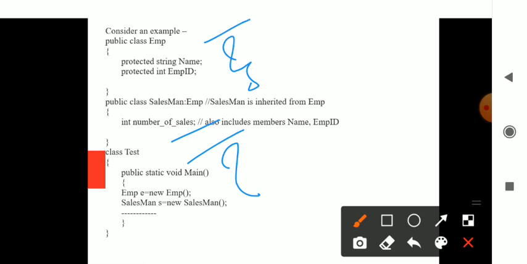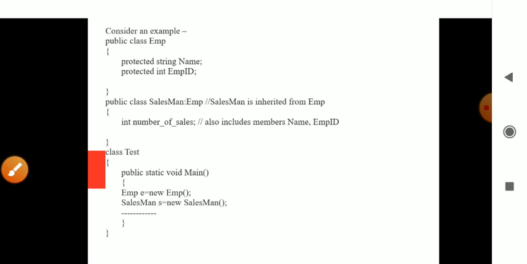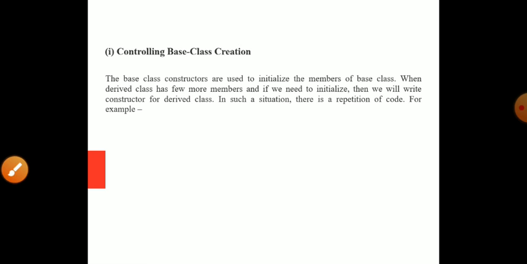In the main method you create an object for the employee, E, a new employee object, and for the salesman an object S is also created. This is an example of inheritance. Now you will learn in this session about another concept in inheritance,